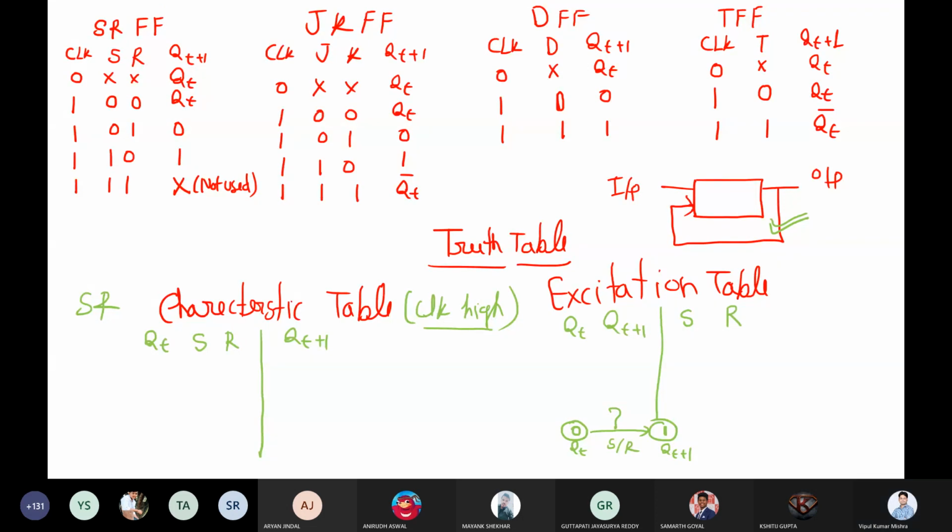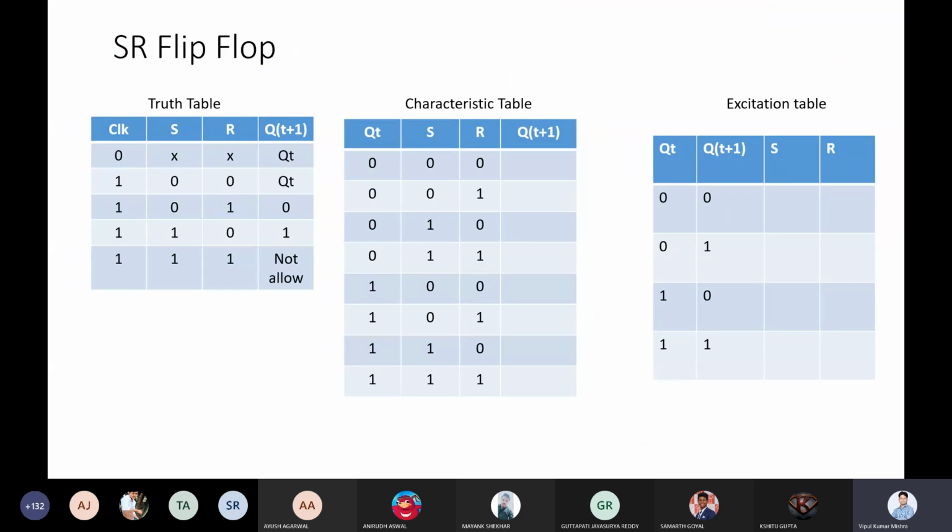Anyone? What is the use of the characteristic table? What is the use of the excitation table? And what will be the input and output? Anyone? Any doubt? Guys, any doubt till this point? No, sir. Okay, cool. So now let's understand how to make those tables. Till now we have seen what should be in the table. Now let's understand how to make that table. Just for simplicity, I have taken some predefined tables here.